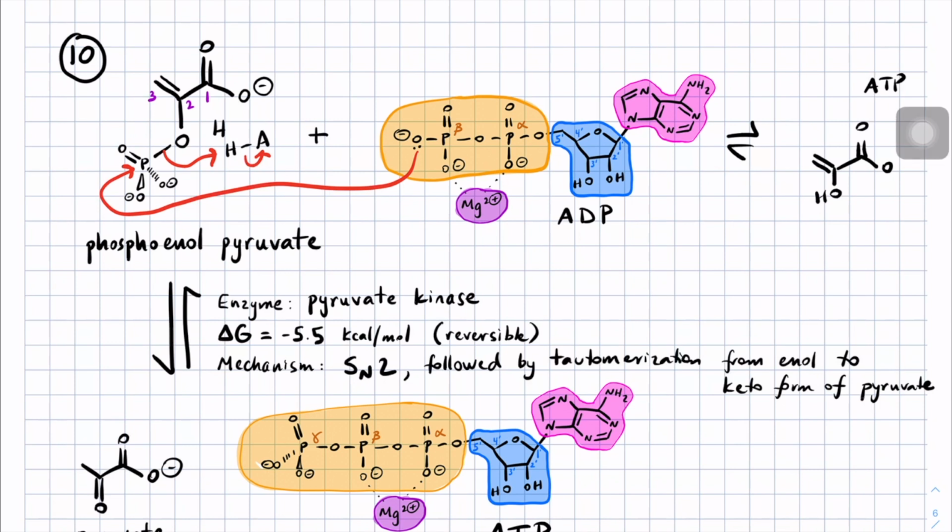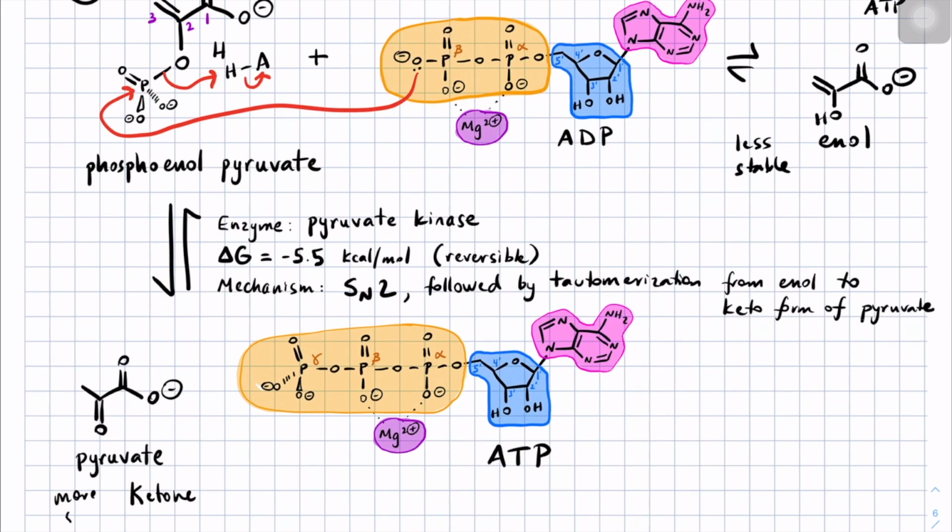And then you have this molecule, and this molecule is an enol that can tautomerize to a more stable ketone. The ketone is more stable because carbon-oxygen pi bonds are lower in energy than carbon-carbon pi bonds. So tautomerization,